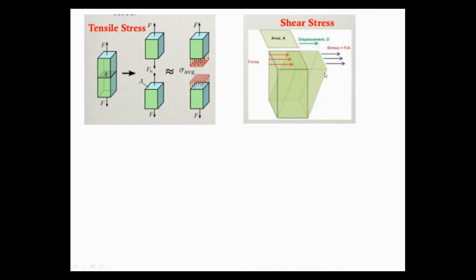Apart from that, we have considered the shear stresses. Shear stresses will be like this. Now that we have applied the force, it will get deformed like this. Whatever this particular angle is, this is called shear strain. If you want to determine phi, then you have to consider this particular length, let us say x, upon this length l, x by l. That is the shear strain. So we can determine the shear strain like this.